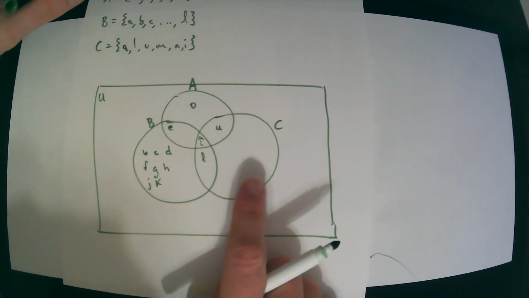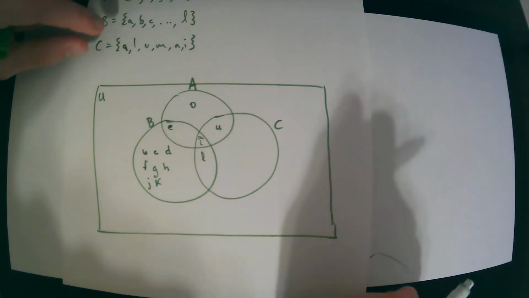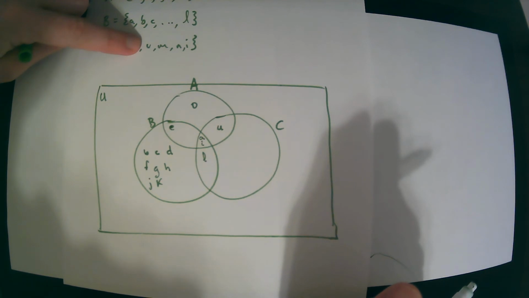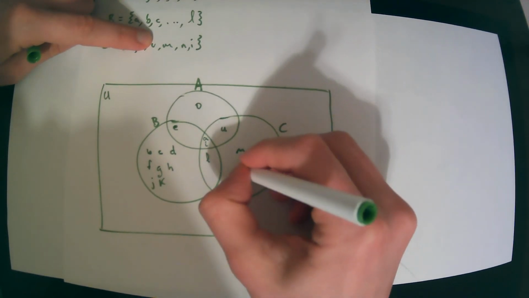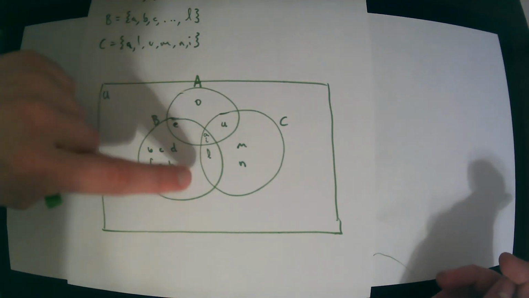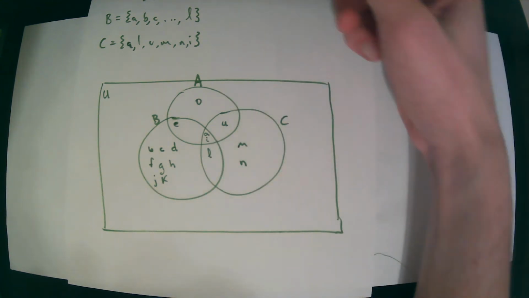Now, what about the stuff that's left in C, the word alumni, or rather the letters that spelled alumni? Well, I've got the A already there, the L already there, the U, okay, not the M or the N, and then the I is already there. There we go. That's these three sets